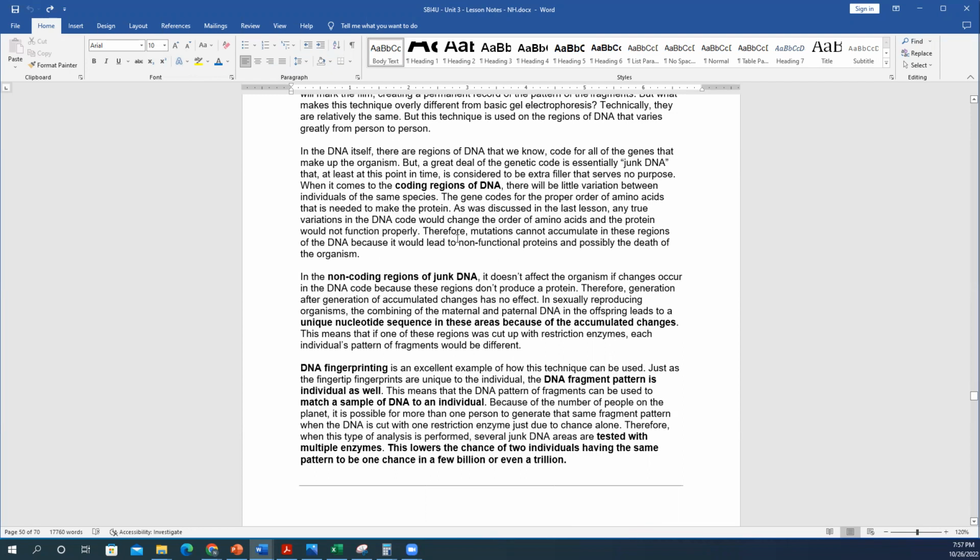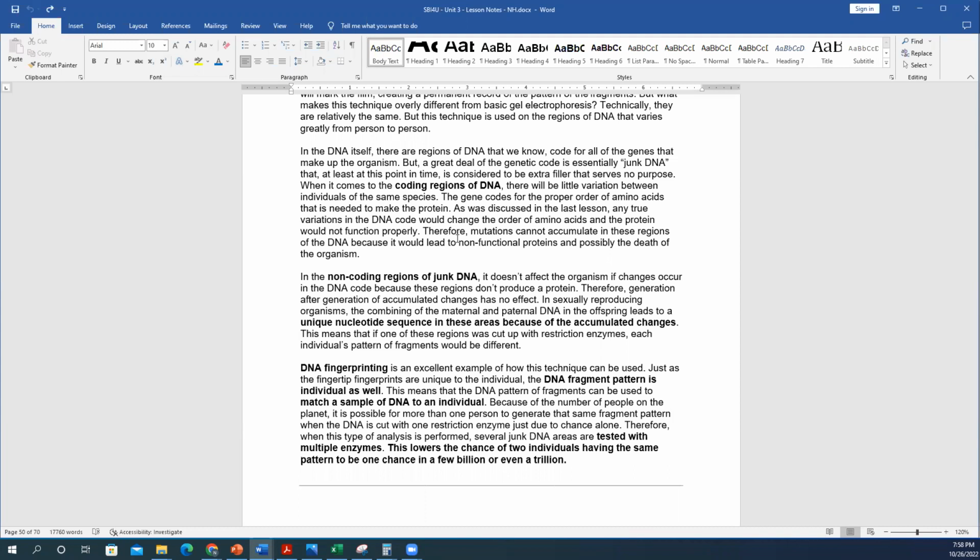Where you have coding regions of DNA, as you expect, it would be nearly identical amongst all of us, because all of us need to produce the same hemoglobin. There cannot be too many changes, otherwise you get a disease, such as sickle cell anemia. But in the non-coding parts of our DNA, it's not so well conserved, and you can have some unique nucleotide